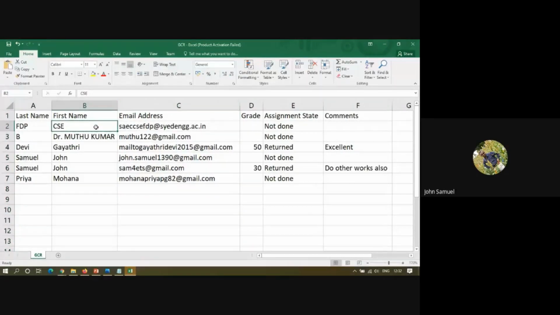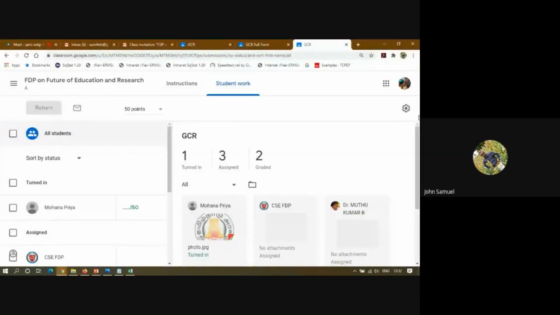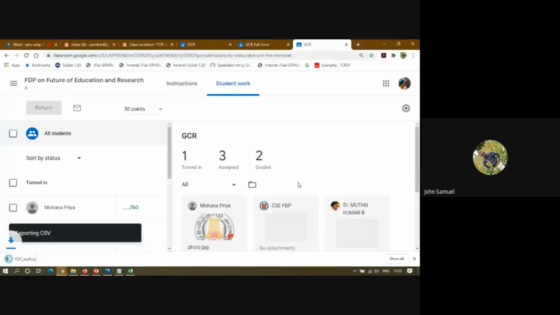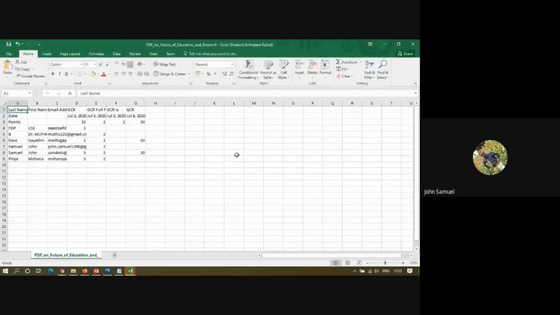Right? So first name, last name, email address. So for 2 members, I assigned a grade, and 4 of them not done, and the comments. Right? So this will be obtained using download these grades. If I want all grades, so just I have to click download all these grades. Right? If I am selecting that, okay.